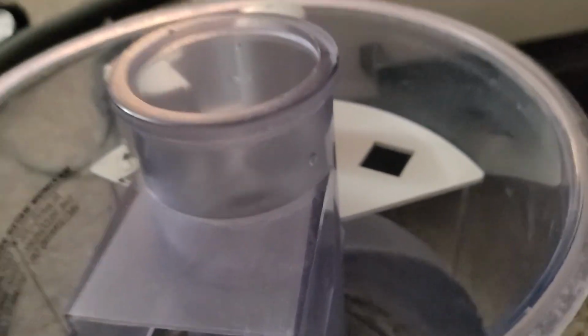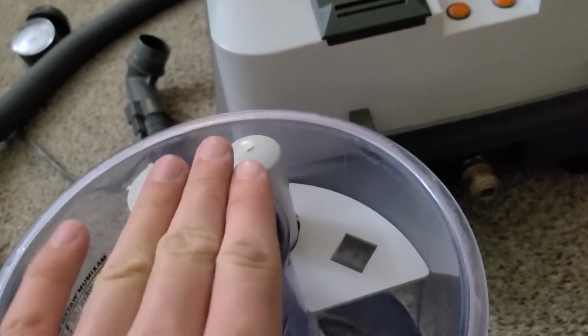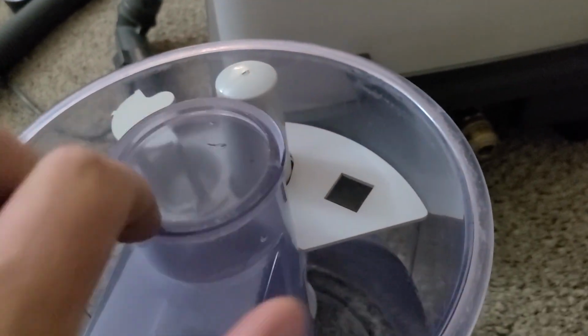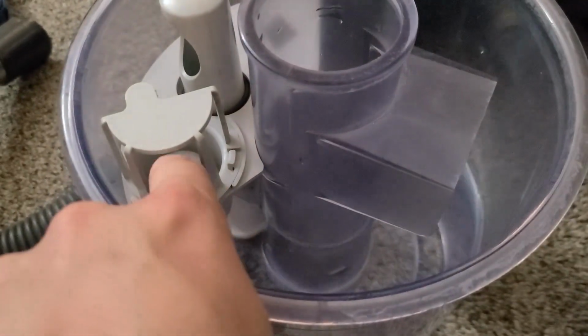So, this tube here is what forces all the air down under the water. And as the air mixes with the water, it shoots upward and then comes out at the top of this spout here, which I'll take off so you can see that better. There's kind of a lip that sits around here, so the water isn't coming out of here, but the air and water mixture is expelled through here at the opposite side from the intake. And then we also have a little float valve in here for when you're using it